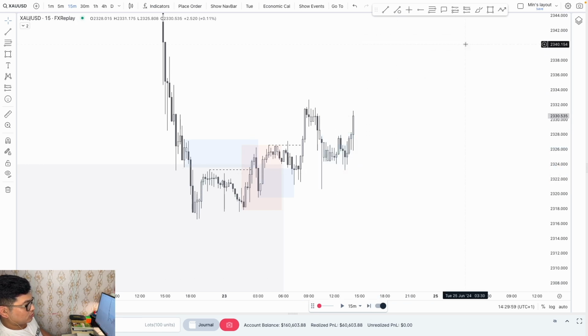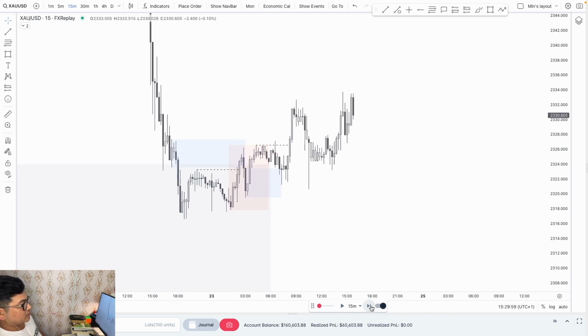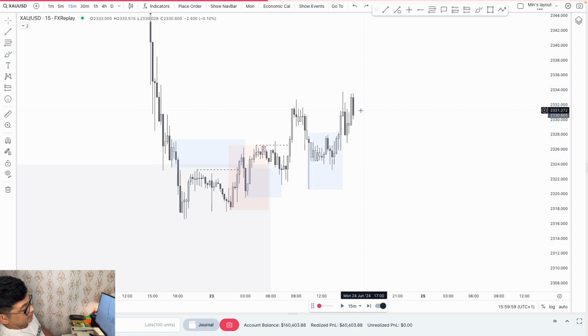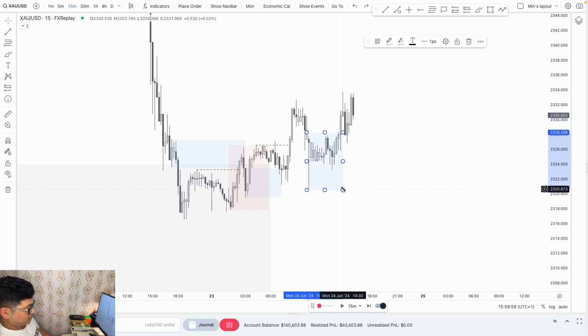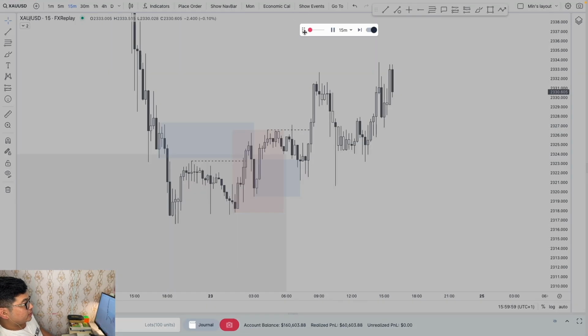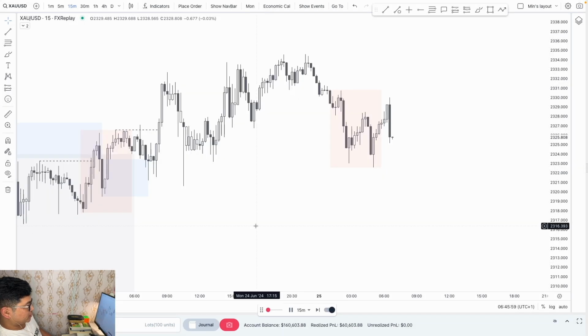Okay, still 2 o'clock here, but I don't want to take this trade. It's not like something I would love to take, right? Yeah, arguably you can take that demand, which has swept bullish chalk, but again the overall price action I didn't like it, and I'm just passing this trade. So I think it's already out of session for me. So let's move to the next day. There you go. Next day we here.